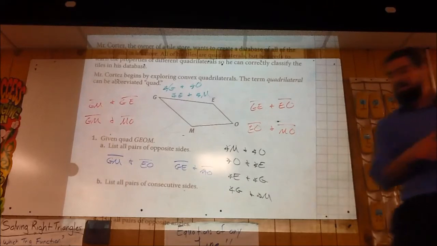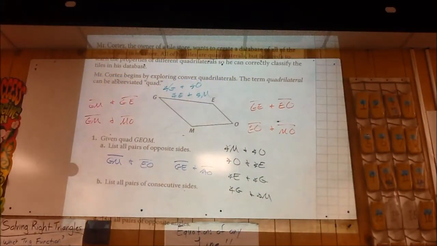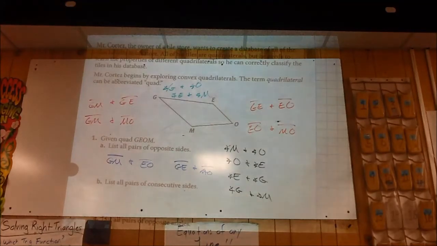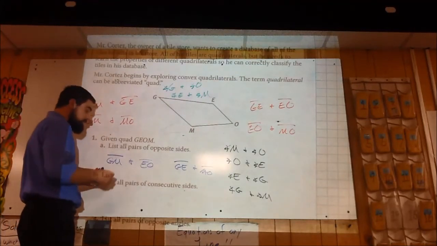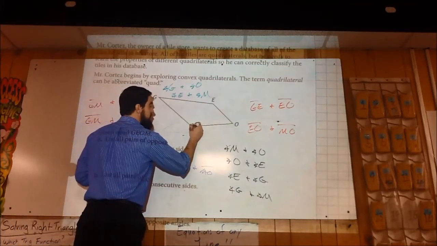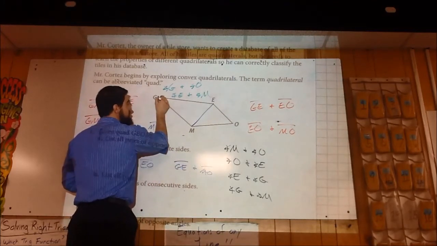The last part asks about the diagonals, correct? So it says draw in and name the diagonals. Draw the diagonals and list them. So we agreed that there are two diagonals. So I have here segment ME and then segment